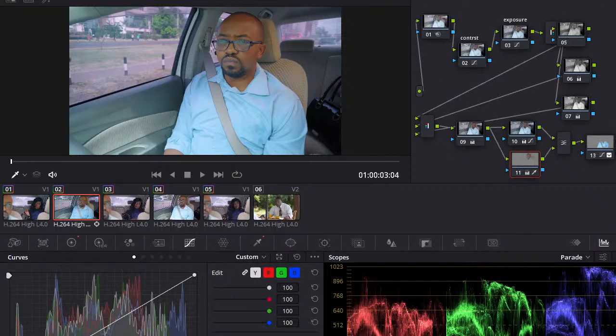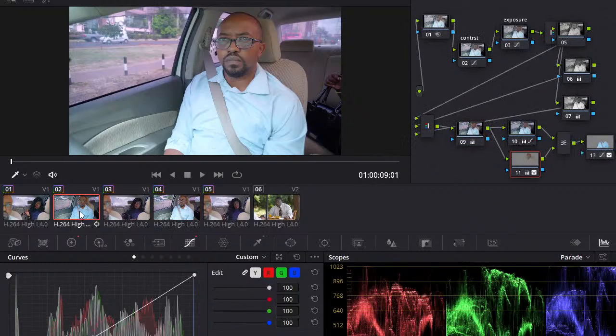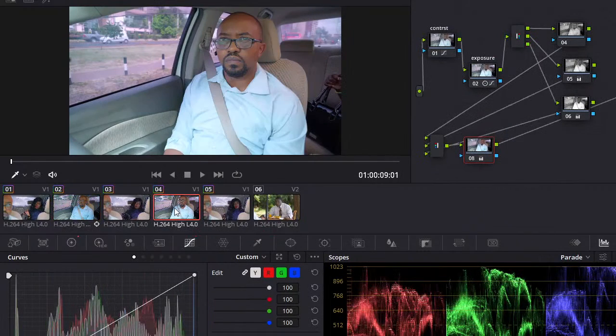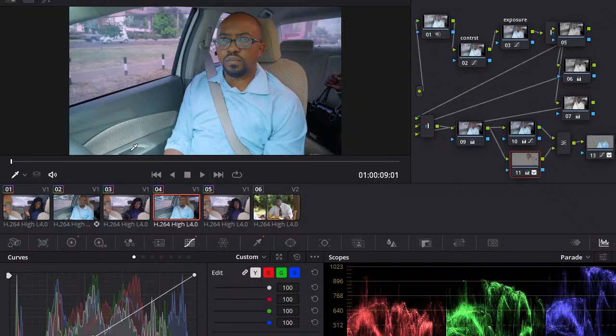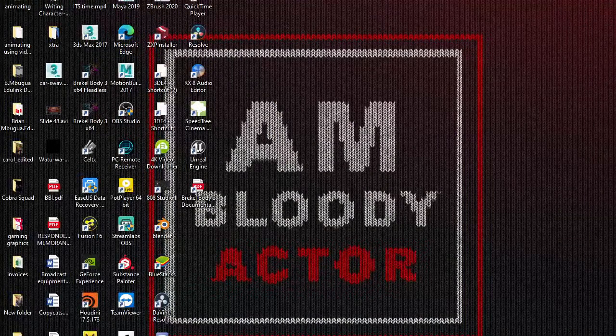But normally I alternate a lot between the wheels, so I'm just going to turn it down a little bit like that. And again, you can see a big difference. We've made a lot of changes, so you can just copy the color grade from that one, and it's better. Now let's put it in full screen mode.